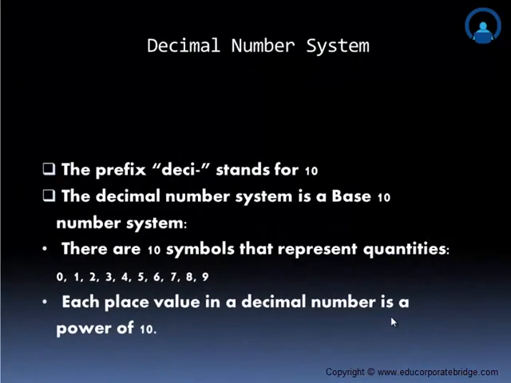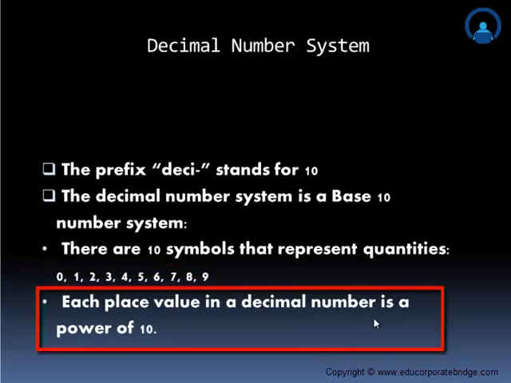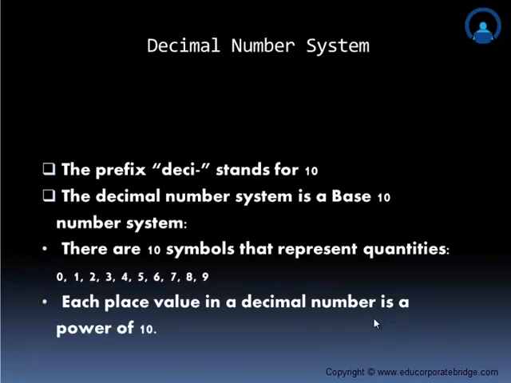Let's start with the first topic, that is the decimal number system. Decimal number system itself says that deci means the base 10. The deci stands for 10, hence we have the decimal number which is having its base as 10. Now the decimal numbers, as I have previously told, are the numbers which are practically used in day-to-day life, like 0, 1, 2, 3, 4, 5, 6, 7, 8, 9. Each place value in a decimal number is a power of 10. Hence we write the decimal number in bracket with the base 10.